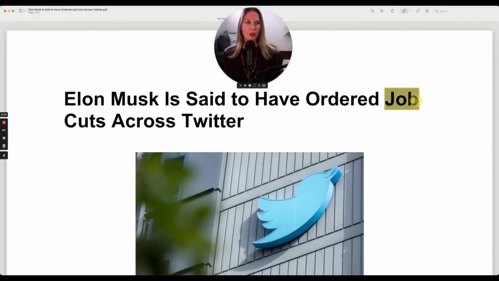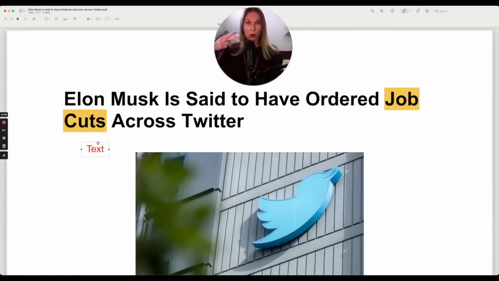Now let's clarify job cuts because this is very important for the article. Job cuts, this means job reductions. When you cut jobs, you reduce the number of jobs. So here, the word cut is being used as a verb, to cut, but we're not talking about scissors with paper. In this context of job cuts, cut means reduction. Cuts. So we use this specifically with jobs.